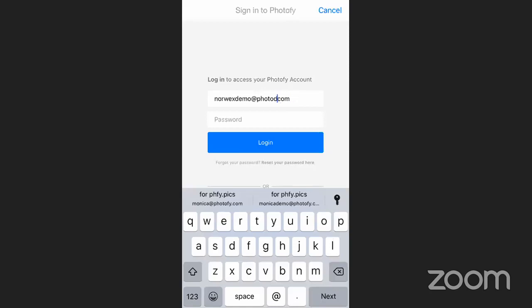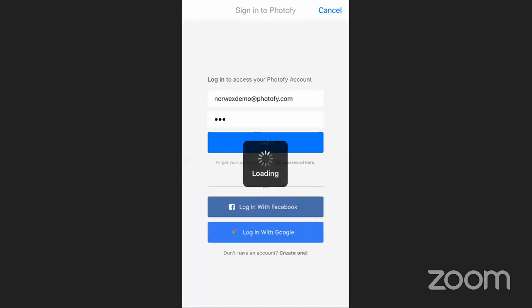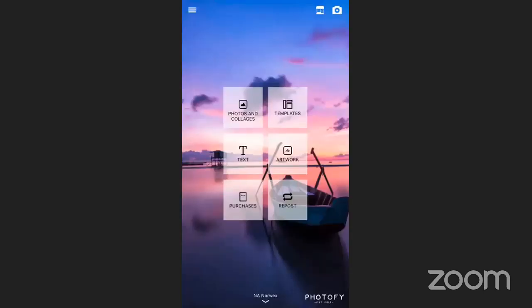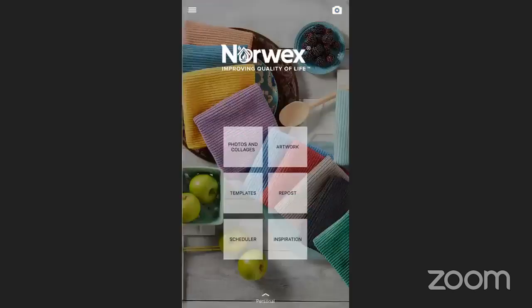Oops. And you're going to spell it correctly, because otherwise it's not going to let you in. All right. And then you're going to tap on log in. Once you have logged in, it will bring you to your beautiful Norwex screen. Yay. Once you see this, you know that you are in and have access to all the cool things that